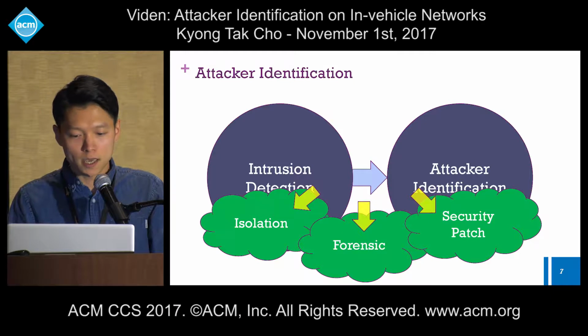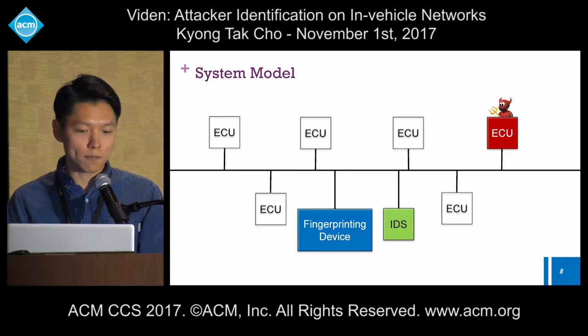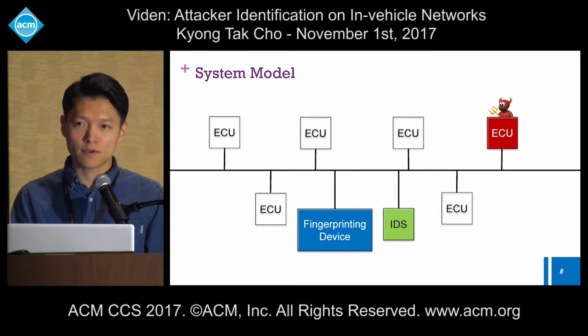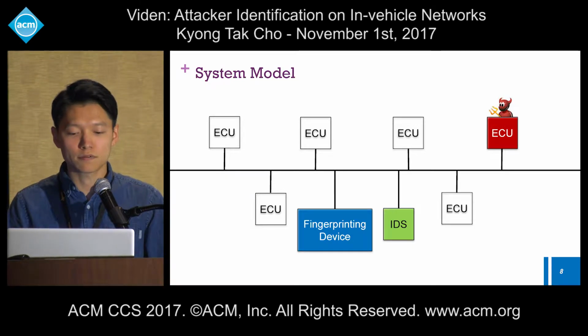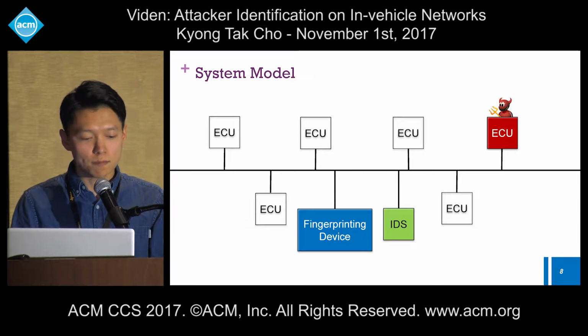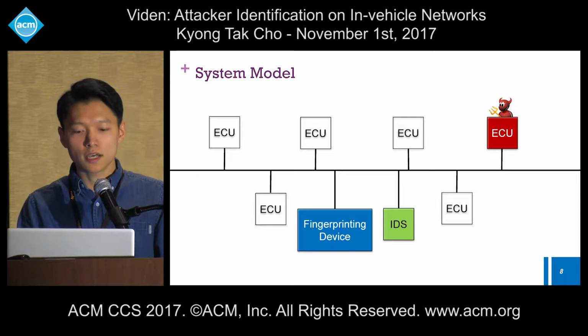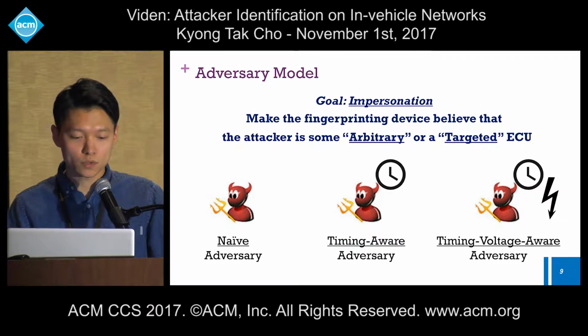And against these kinds of devices, we considered three different adversaries, all of them having this common goal of impersonation, meaning they might want to try to make the fingerprinting device believe that the attacker is some arbitrary ECU, meaning some other ECU other than himself, or a specific targeted ECU. And depending on his knowledge or curiosity, the attacker can just try to impersonate naively,